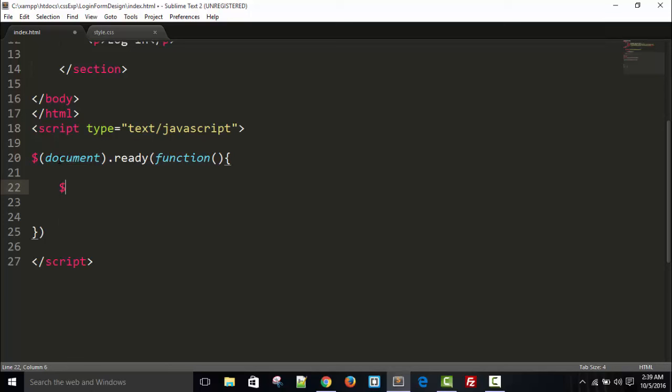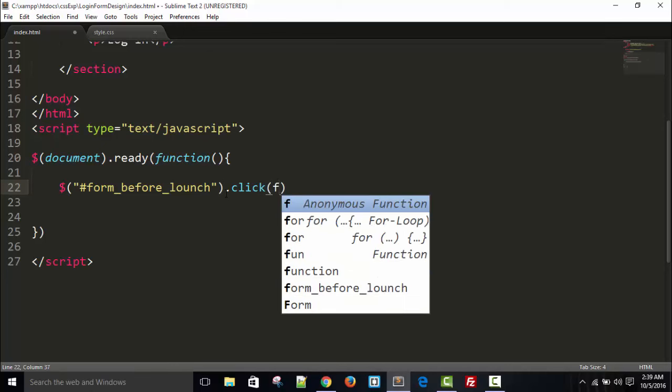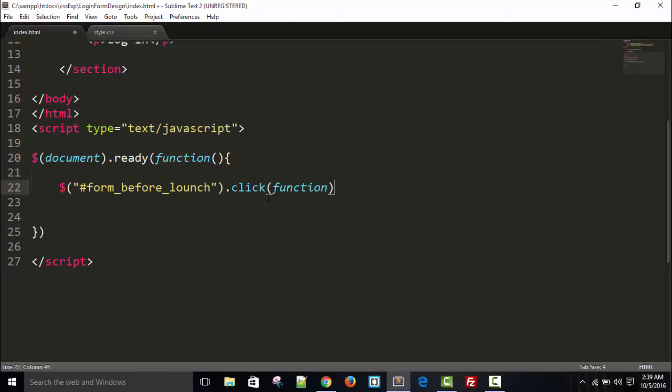What is this? $("#enableForLaunch"), when someone clicks on this, it runs a function. $(this), I'm targeting this menu for launch, .animate